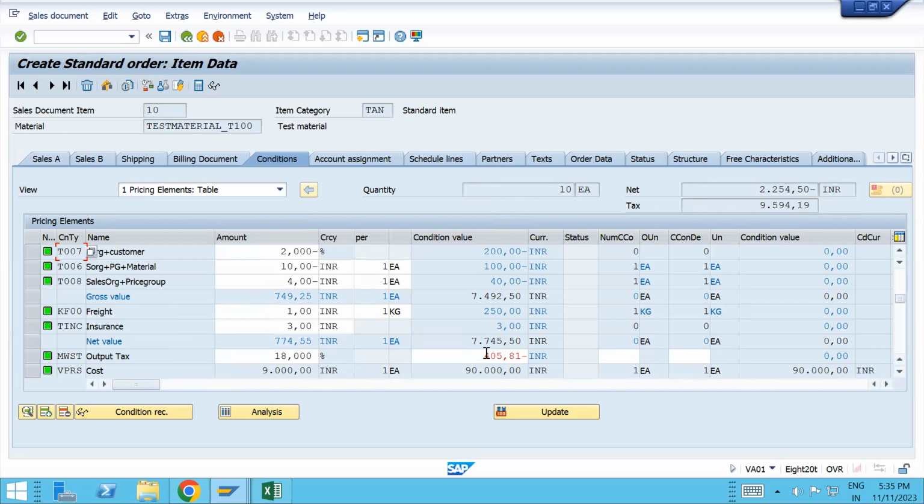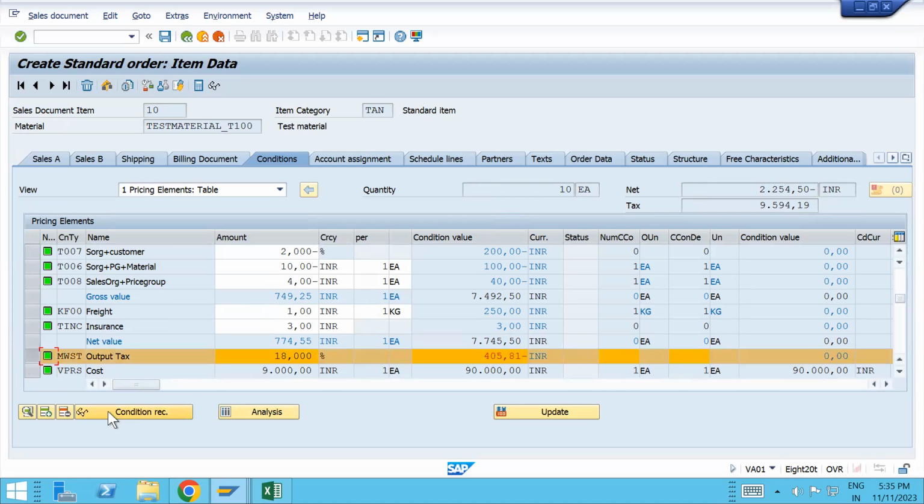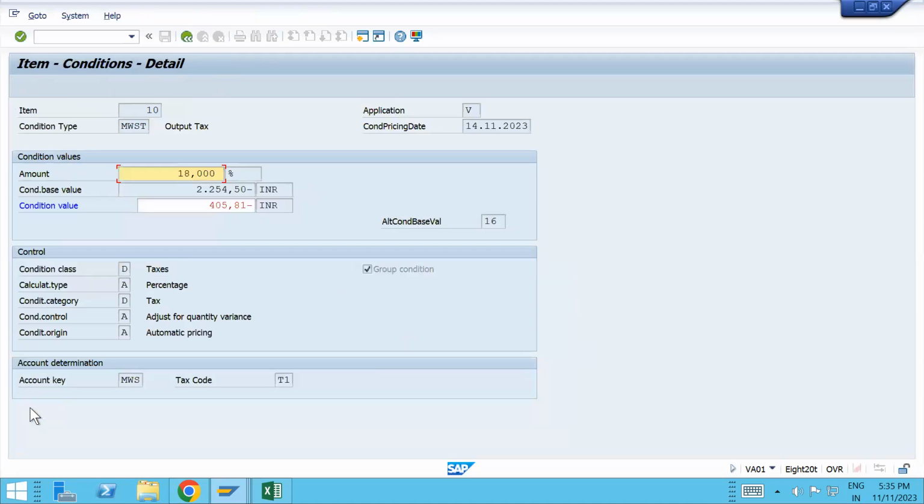See, tax is a very complex one. Earlier there was an input tax. I changed so many things, but I am suspecting this reason. One second. Sir, maybe they have changed. Earlier, people might have been using these tax codes for the input tax. So you can see here our condition base value. Why is it taking the condition base value as